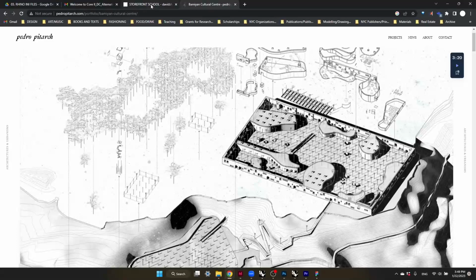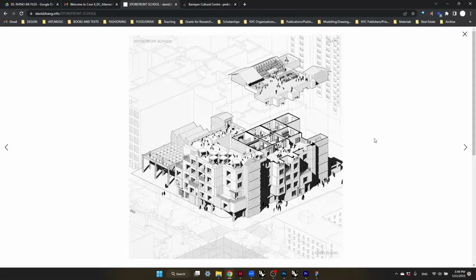And so I used this kind of drawing style in my Core 2 studio to do the axon drawing that showed the different ways that the school was being used in this case. And so the general technique that I've been using to create a drawing like this